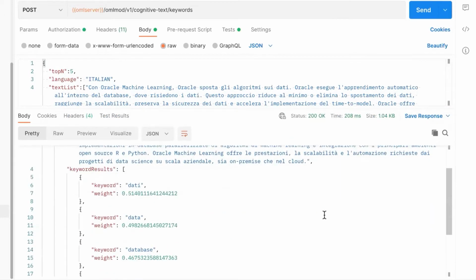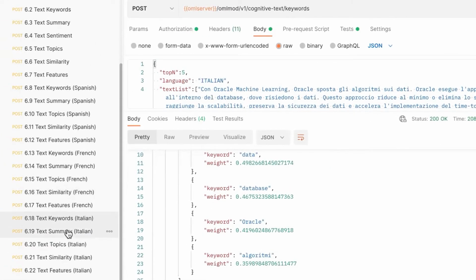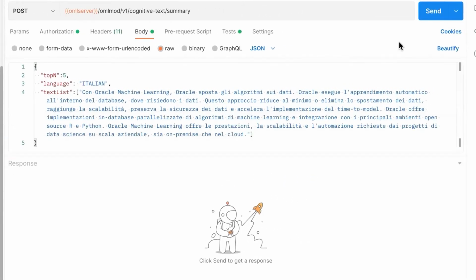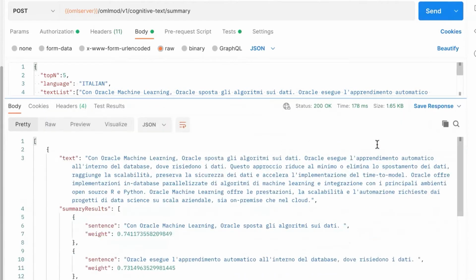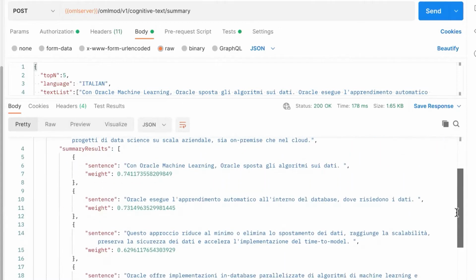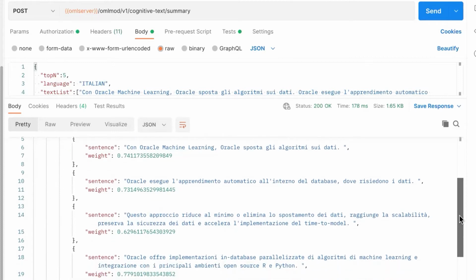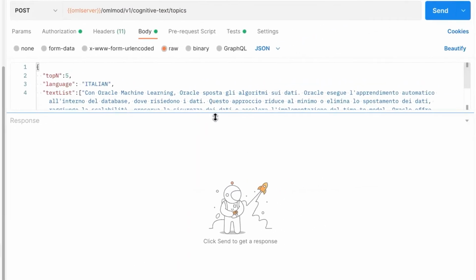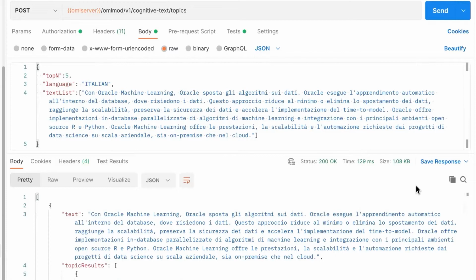So in this case, dati, data, database, algorithmi. Then you get summary here, with the same kind of capability. So now we get the sentences for summaries. It's going to look into your text and find what are the sentences that actually make a good summary of the text. And then text topics, same thing again. Make sure to say language Italian,